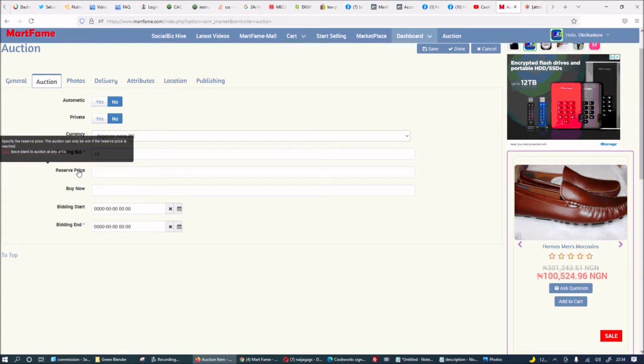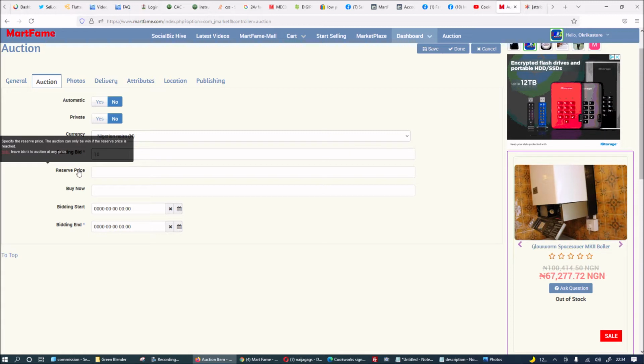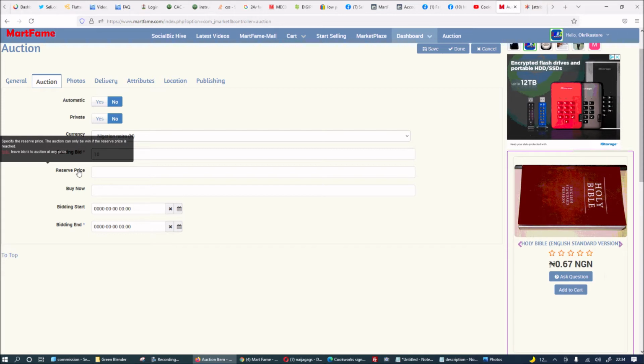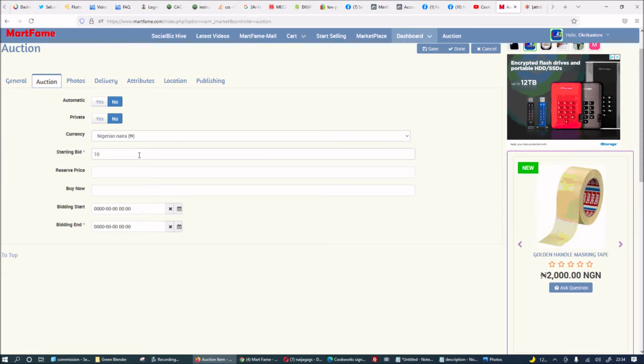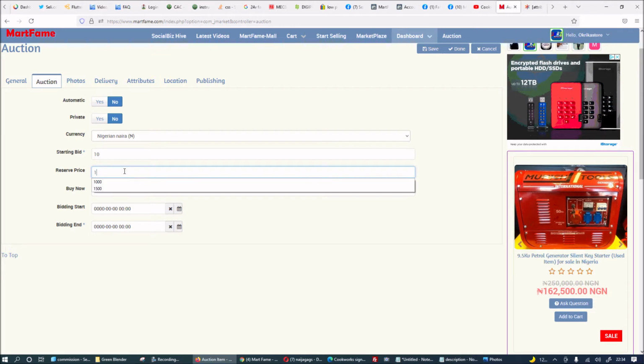Now, the reserve price, this is very important to protect sellers. For example, if your product is worth 10,000 naira and you put your start bid price at 10 naira, maybe you don't want your product to sell for less than 10,000 naira. So, if you put 10,000 naira here,